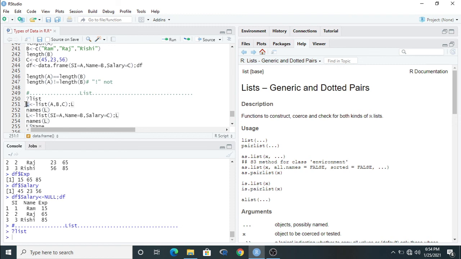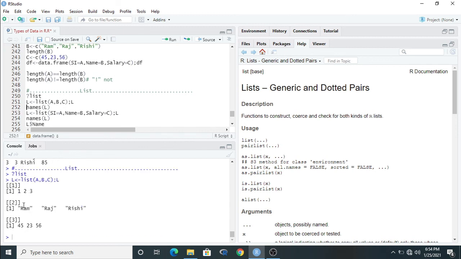This is the list name. I don't want to go through here. This is the name of the list, and I have assigned this value to L. This is the assignment function, not more than that. Okay, just put here list, then A, B and C. I have already discussed about the A, B, C in the previous section. So just run this and you find there are 3 lists and different elements are stored in the 3 lists.